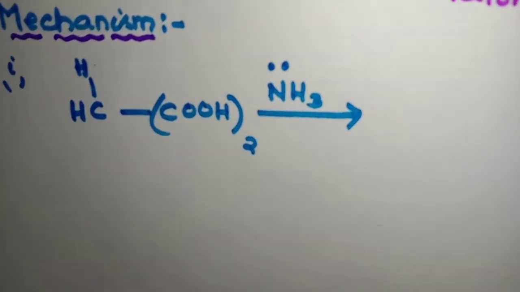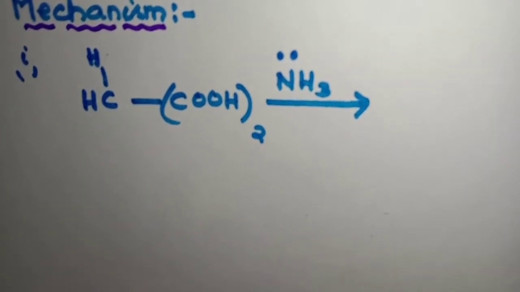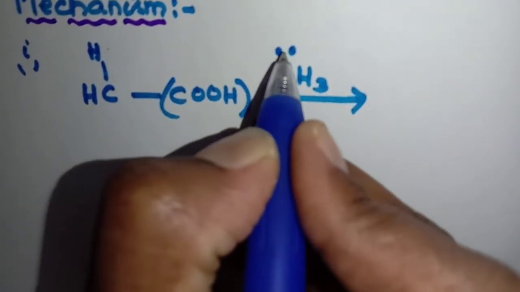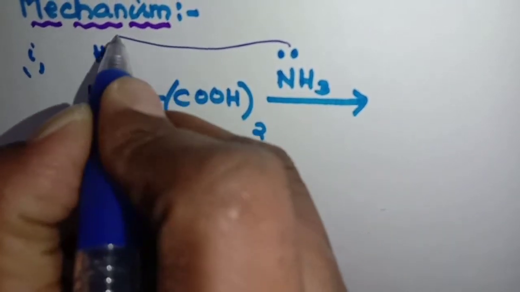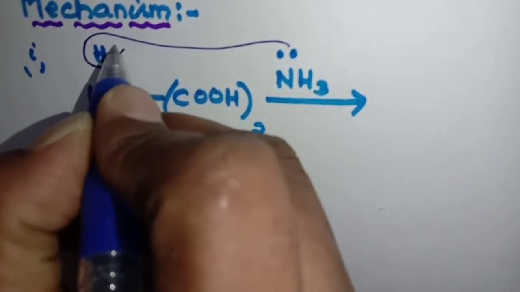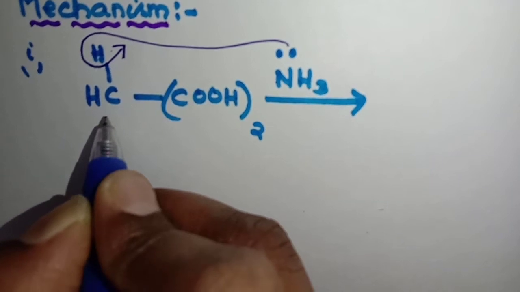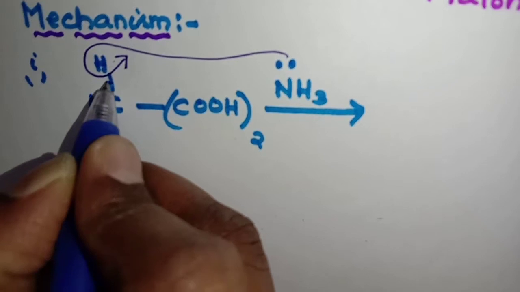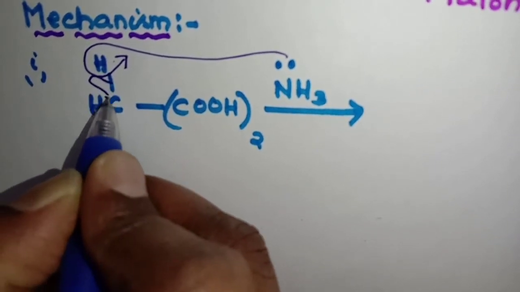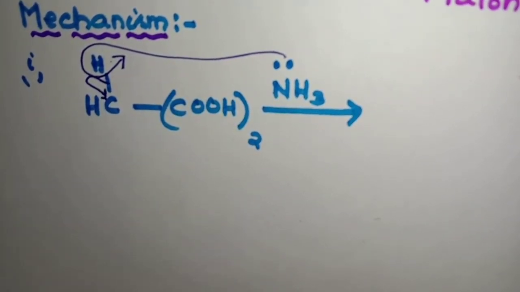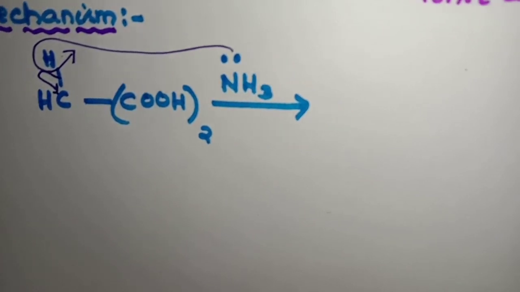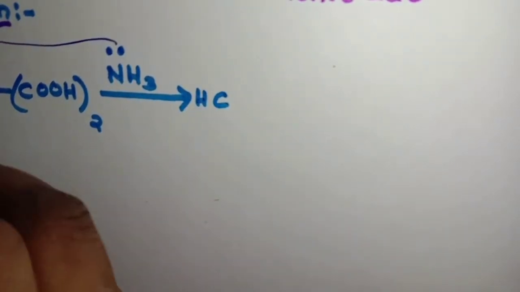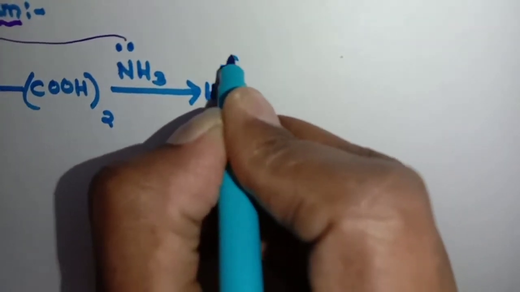You all know that nitrogen has one lone pair of electrons. So what does it do with its lone pair of electrons? With the help of its lone pair of electrons, it abstracts the hydrogen of the methylene group. See, it is taking it as H+. Then these electrons are shifted towards carbon. Okay. Mark the arrows properly. So what happens? The two electrons come onto the carbon, so minus.